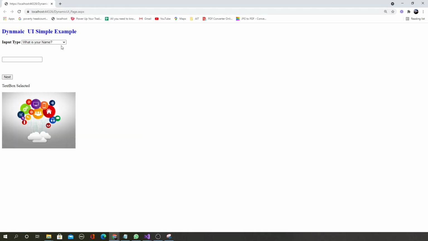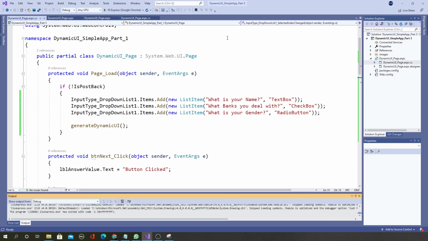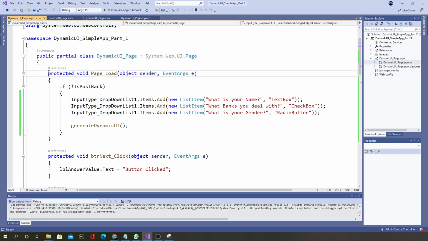when it loads, okay, it's fine. But if I click on a checkbox, or if I click on, let's say, gender, now you are not getting the dynamic UI generated, because every time you select an item from the drop down, the page loads, but because you have an if condition telling if it is not postback, which means every time you click the drop down, when the page loads,